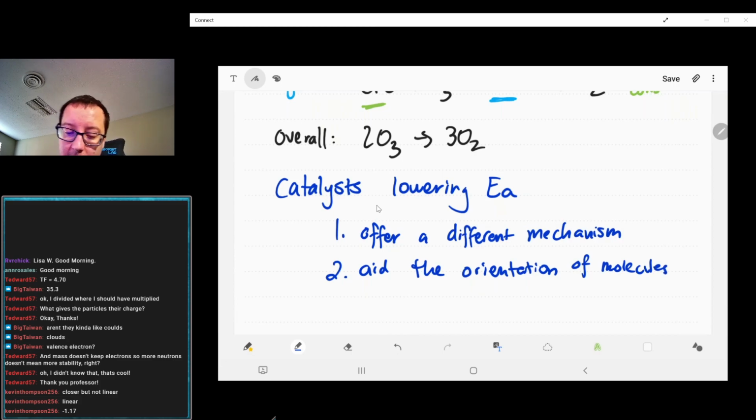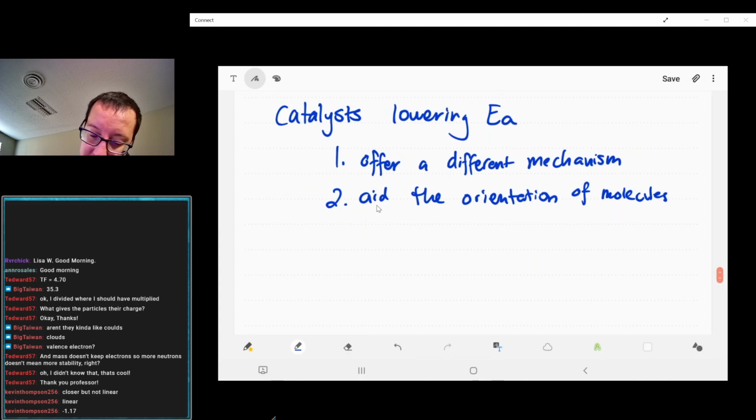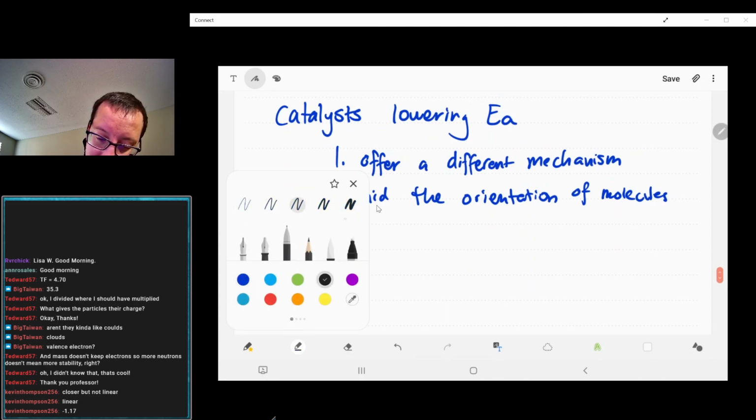And so step 2 is going to be more kind of the biological stuff that we're going to see. Enzymes are going to be very important catalysts that are there to make sure that molecules react in the proper orientation and kind of force them to collide properly in order to react more quickly. So generically speaking,